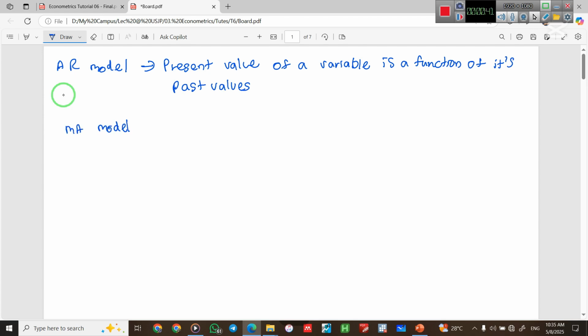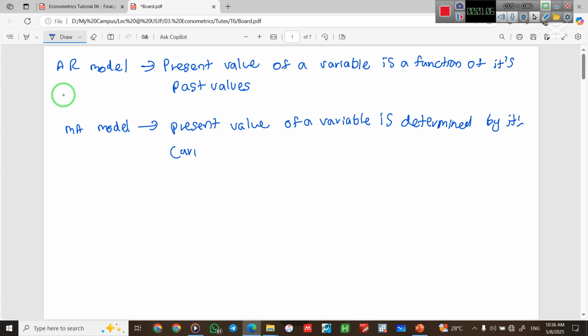Simply, the MA model says that the present value of a variable is determined by its current and previous year's error